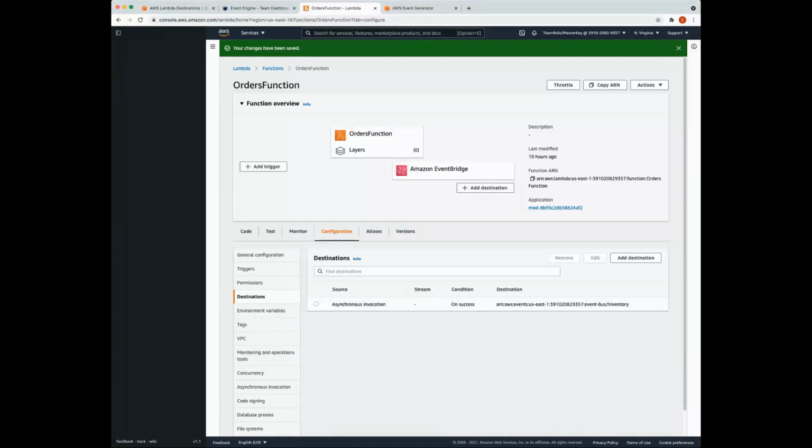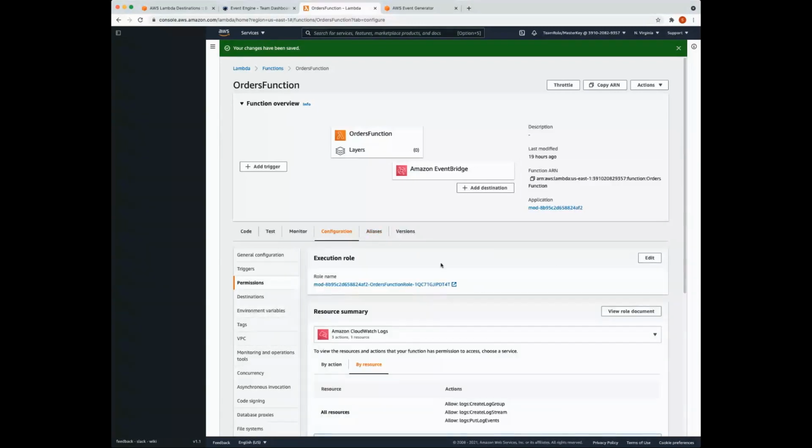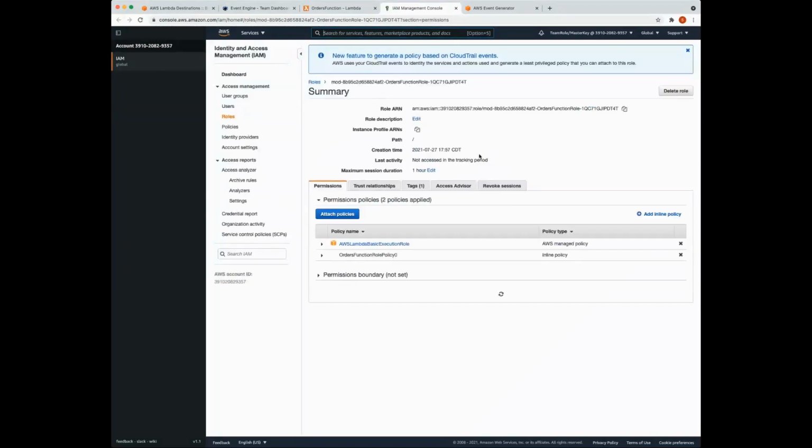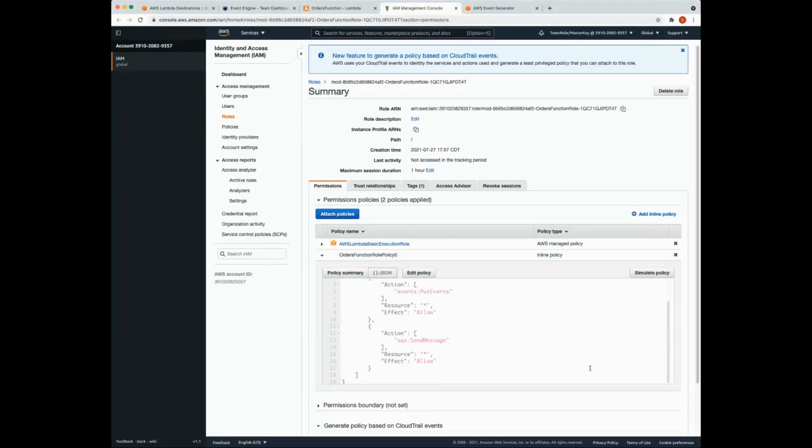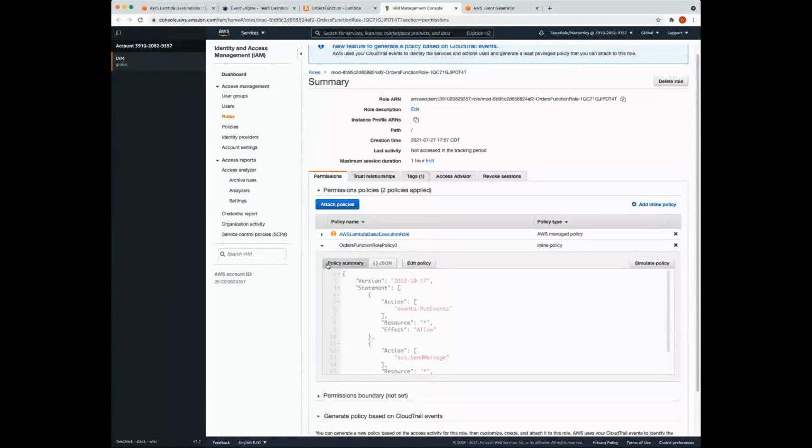It has access to the put events action, for example, and it has access to send SQS messages. We can actually look at those permissions there, just so we know it's not all happening magically. If we quickly look at the policy, you'll see it matches the one that's described in the workshop guide.